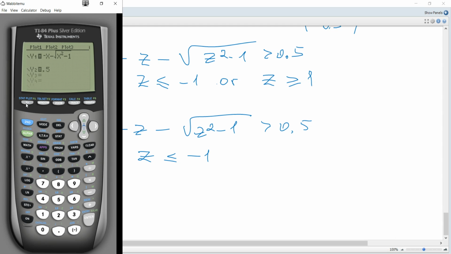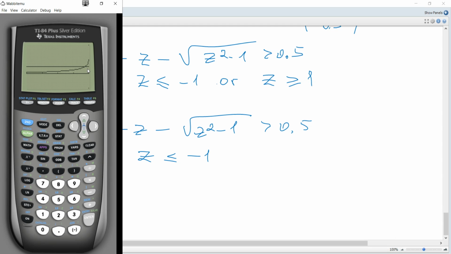So we need this negative x minus root, and another function is 0.5, and window let x be from -5 up to -1, and y, for example, from -1 to 2, because y is 0.5, so definitely we don't need a very large value for y. And let's see. Oh, you can see that it's the correct graph of this root because it's minus, so it's reflected. And you can see that the point of intersection is this,